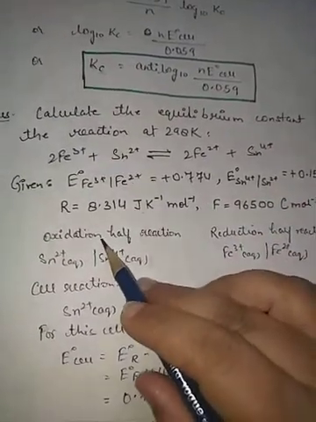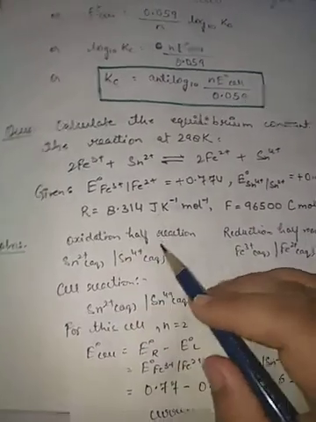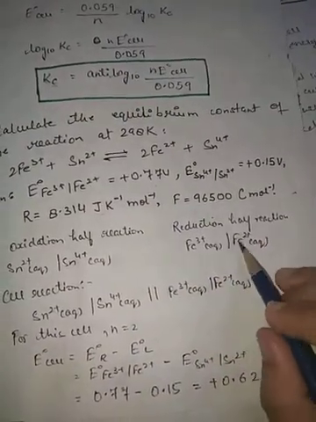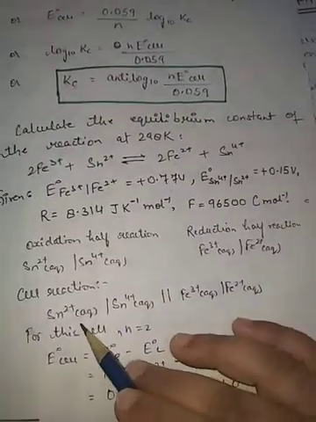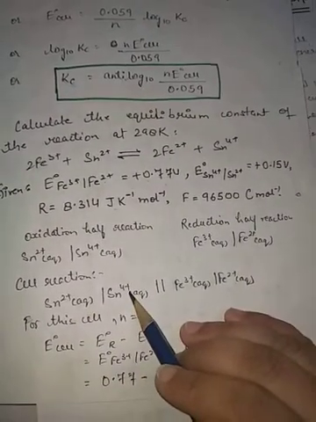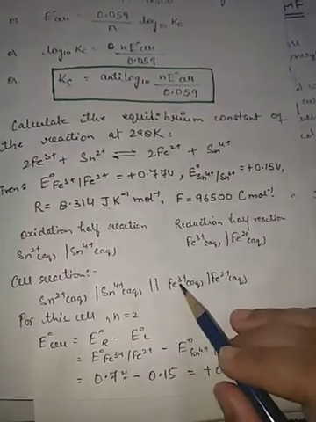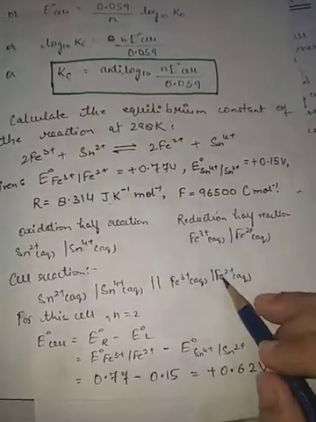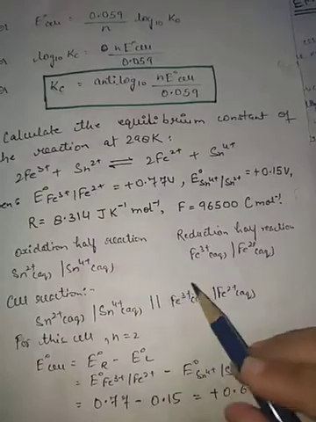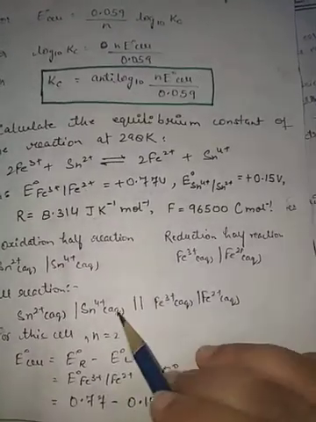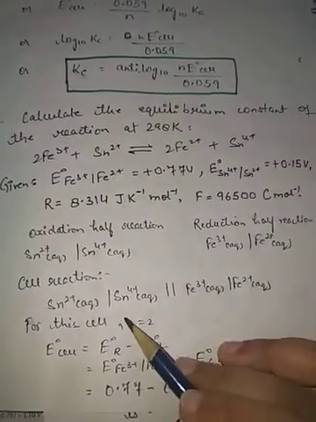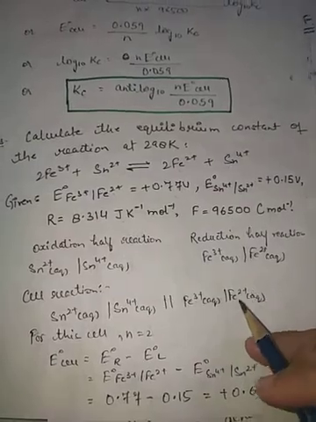Now see, if I write the oxidation half reaction, this is the solution. Oxidation half reaction is like this, and the reduction half reaction will be like this, Fe3+ to Fe2+. Now the overall cell reaction is here. Sn in the +2 state is changing to the +4 state, loss of electron, and this is changing to the +2 state. See, here only one electron is participating, here two electrons are there. It means we'll multiply this whole equation by 2 to equalize the number of electrons, because the number of electrons lost is equal to the number of electrons gained.